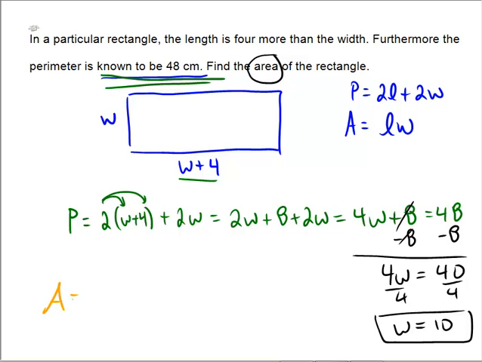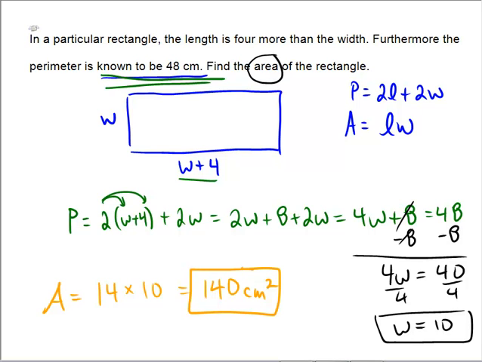Area is equal to length times width. So the length is w plus 4. So our area must have a length of 14, which is 10 plus 4, multiplied by the width, which was solved to be 10. So the answer I would be inserting here would be 140, in this case centimeters squared,